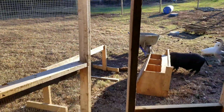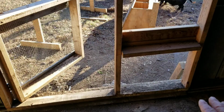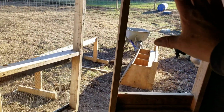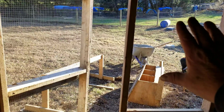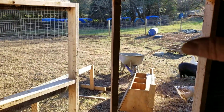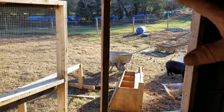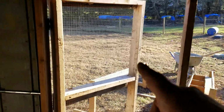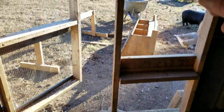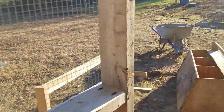As you can see, this is coming off. I'm going to wire this whole front up here. I'm going to have an aviary built off the front. I think it's going to come out a couple foot. And I'll put a roof on it just so if they want to come out there when it's raining or something, it won't get soaking wet. And the water won't come down and get my wood all wet. And I'll have this door, the same kind of wire, so nothing can get in. Make it nice and strong. So I can almost tell you,